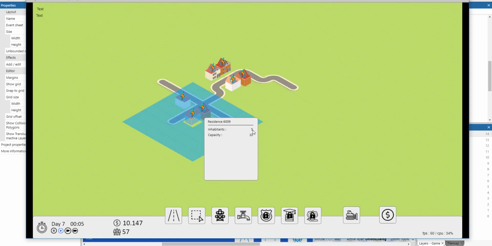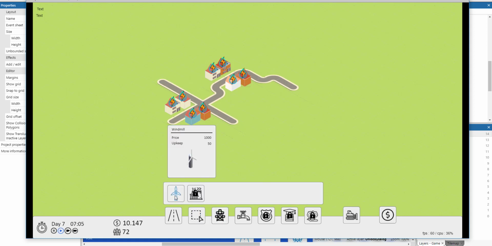It's got 5 inhabitants, but the capacity is only 10. And there's such a small capacity because it's missing some items. You can see here it's missing both electricity and water. So what we can do is go to the electricity menu